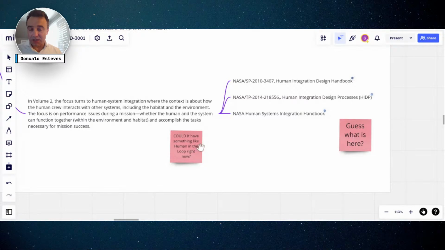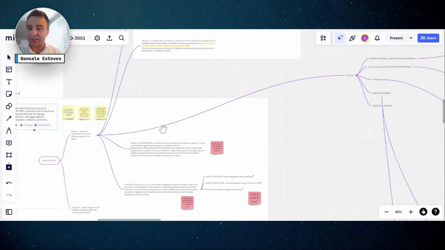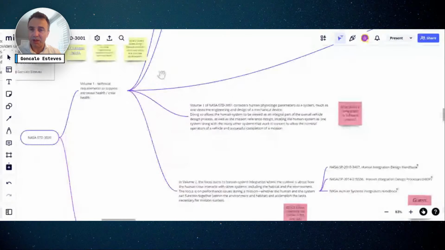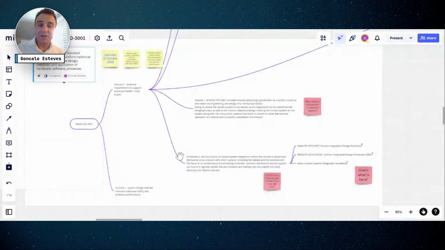Humans in the loop are a design feature, a way to conduct work that is really important as you plan out the way that you build your system. And you see that I've got a couple of comments for NASA: why haven't we considered humans in the loop in both standards? And NASA doesn't. That's really not that interesting. So that's kind of the overview in here. This part of the deck provides you the overview. I have not touched volume 2 yet. It's something that I'll do in next sessions, but it's very demanding in terms of the requirements that you need.